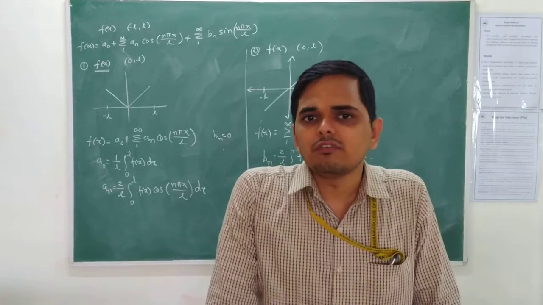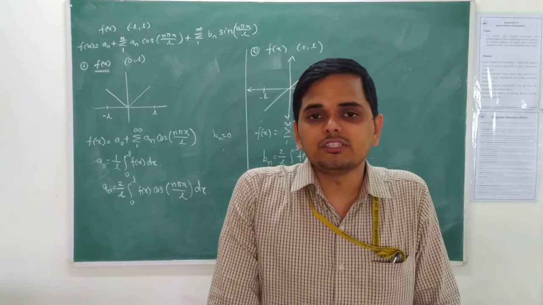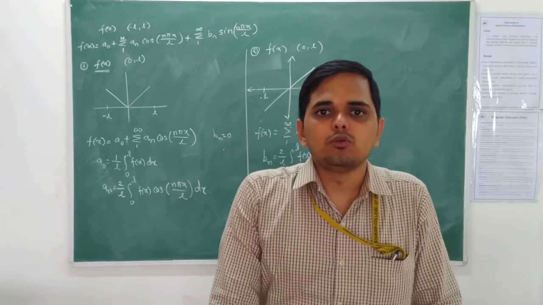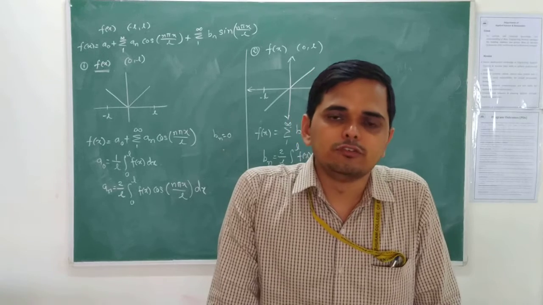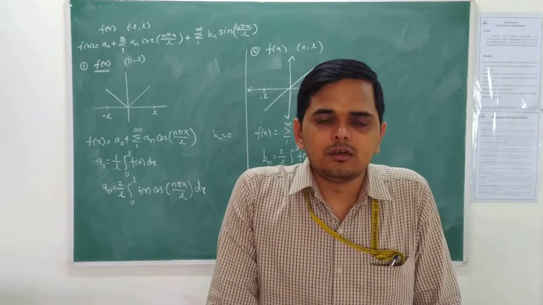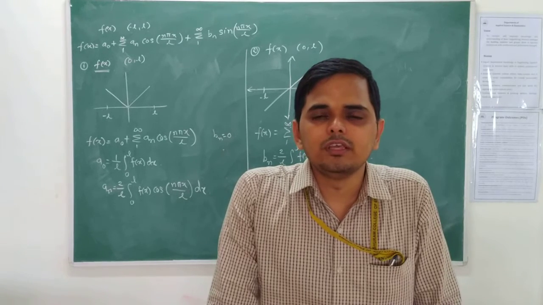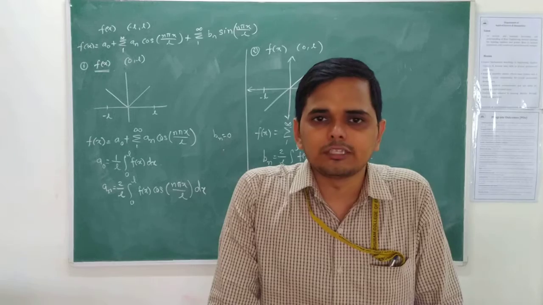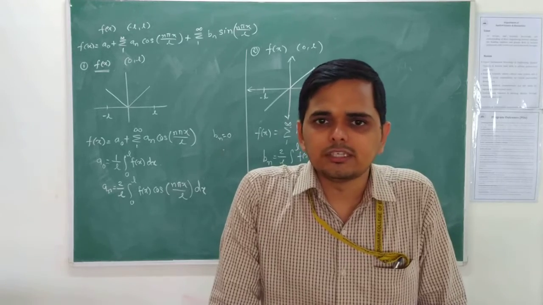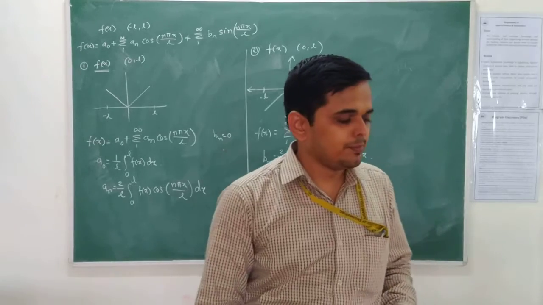Mainly in partial differential equations, we use the concept of half range sine and half range cosine series to find solutions of those differential equations. In the heat flow, then in the partial differential equation related with the string experiment, in all such cases, we use this concept. Let us come up with one simple example.